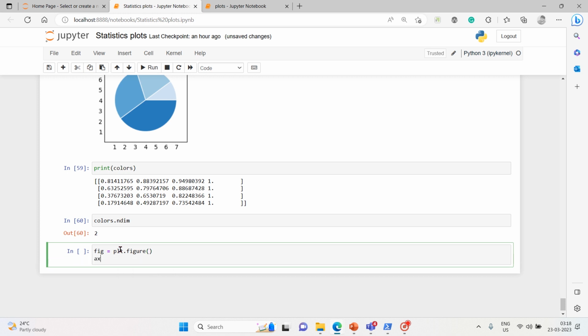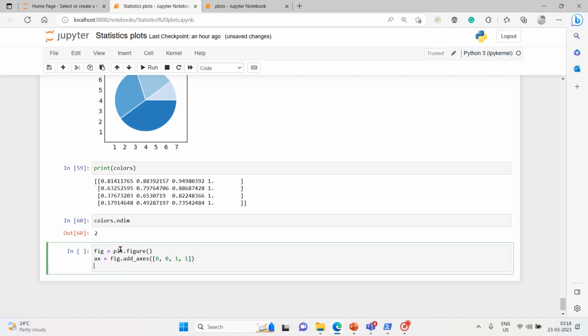Then we have ax is equal to fig.add_axes 0, 0, 1, 1. ax.axis, let's put equal,